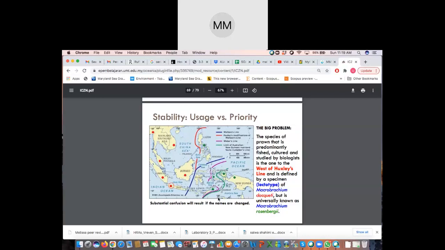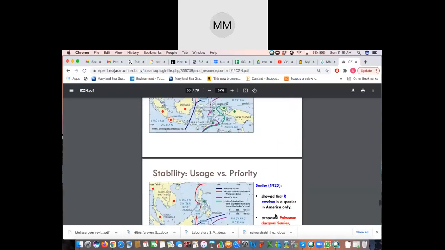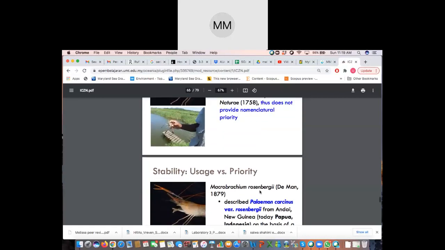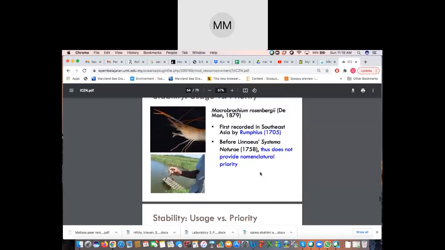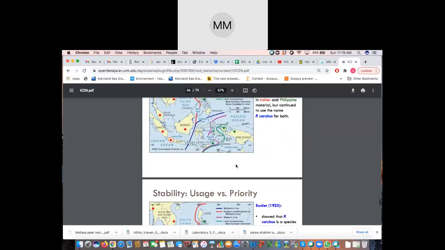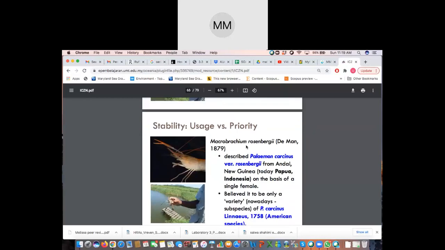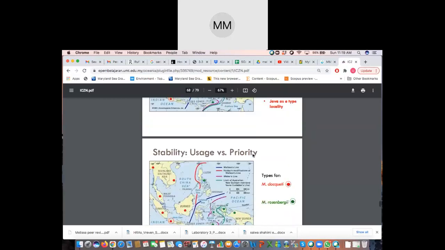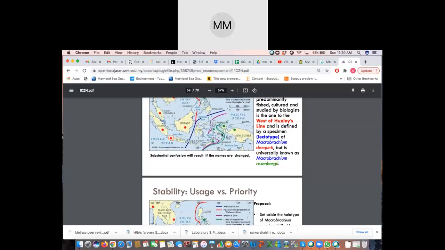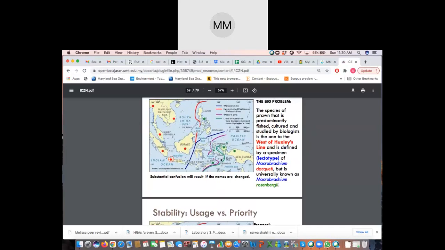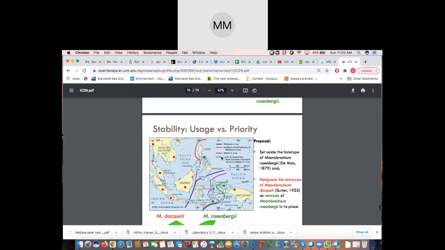So again, remember how from the earlier name we kept using rosenbergii. The Southeast Asian ones, and so on, that's actually in reference to dacqueti. But now globally, everyone has been calling it rosenbergii, because there were variations of it, and at one point it was used as rosenbergii. Since in 1879, whether or not it was a variation, everybody was recognizing it as rosenbergii. So instead of recognizing this as rosenbergii, it was actually this. So now we have a problem here.